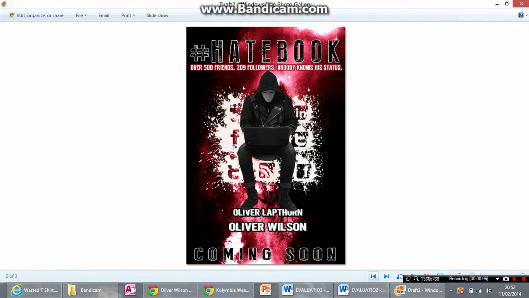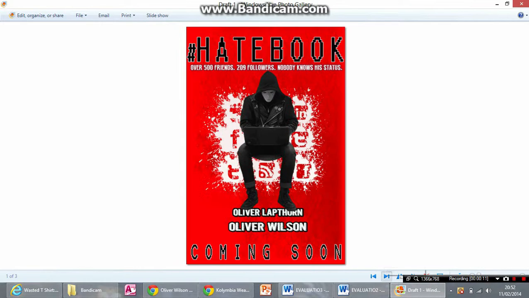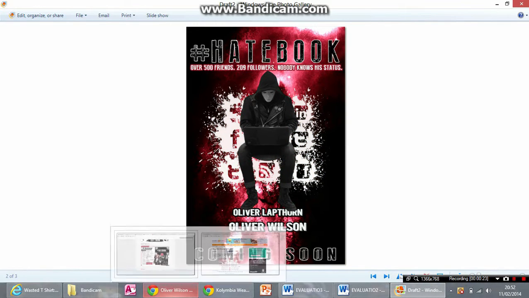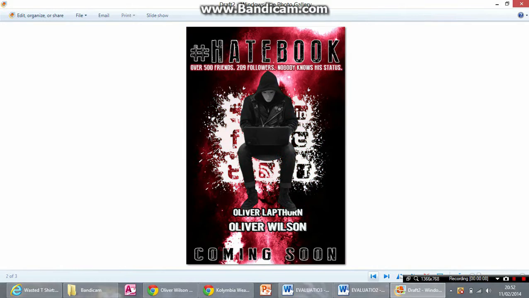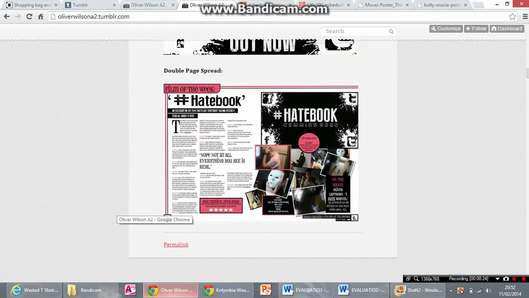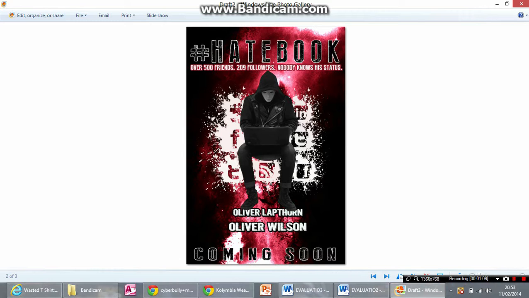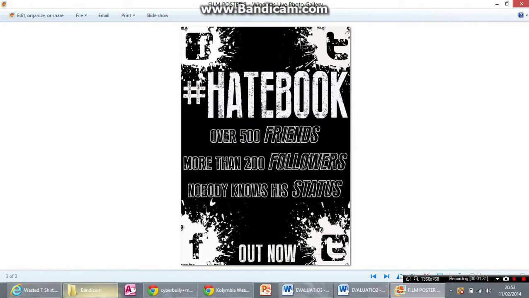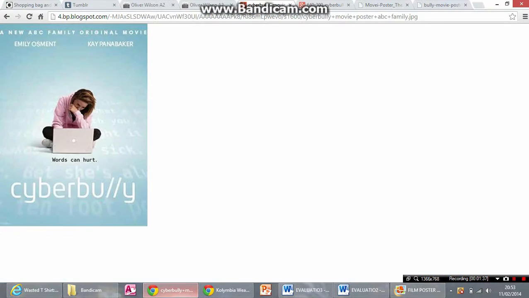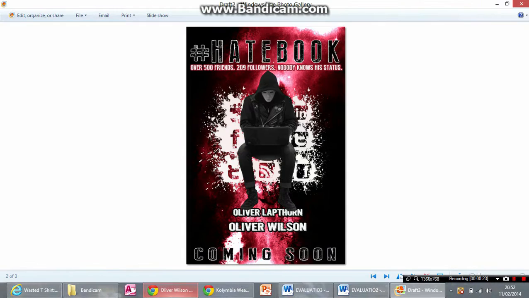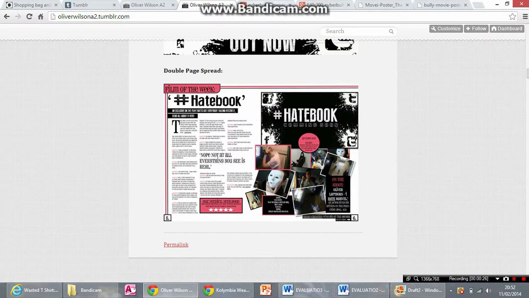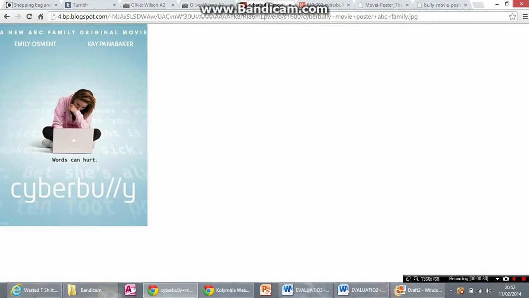Secondly, I'm going to talk about my front cover, my film poster even. This is the first draft that I made. These are similar. They're basically the same template. It's just a different background and text, that sort of thing. I have written a blog post about the differences between them and why I made these differences, but you can see that in my blog. This poster uses the codes and conventions that I learnt from this poster here,